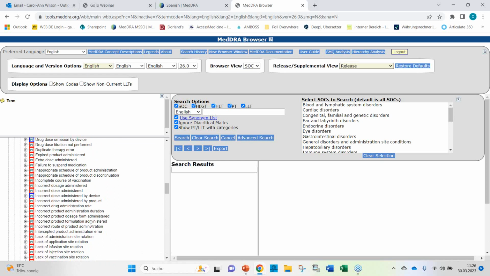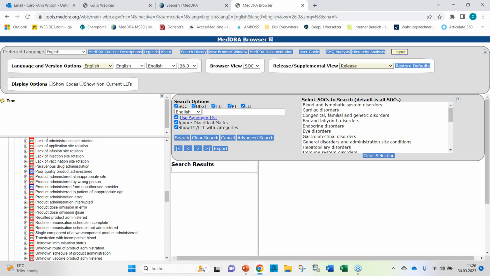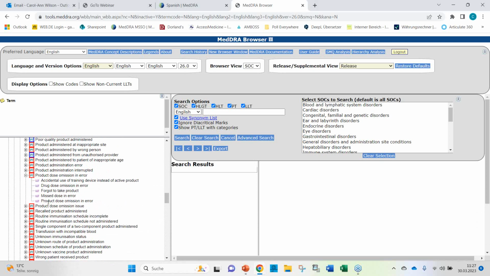And here we have the product dose omission in error and product dose omission issue. So here the accidental nature is captured. Here we have the vague term that you can use if you don't know whether something occurred intentionally or accidentally. And drug dose omission in error would capture our reported incident in the most specific way.